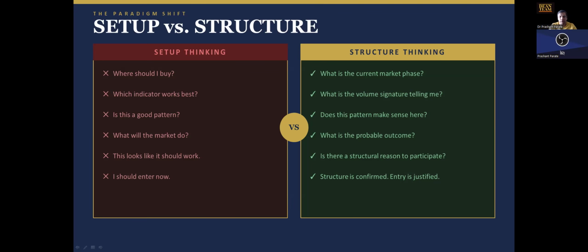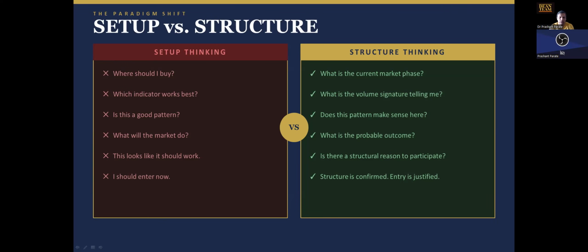So this is the difference between structured thinking and setup thinking. Setup thinking people think about which indicator works best, but there are different phases when different indicators work. Even if you check the 20-50 moving average, most of the time it will have given a very big reward when trending markets happen, and when there is a sideways market, you will see a lot of stop losses. So people get confused about why it is giving stop losses and when exactly they should enter in this setup.